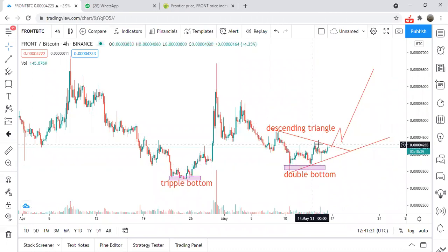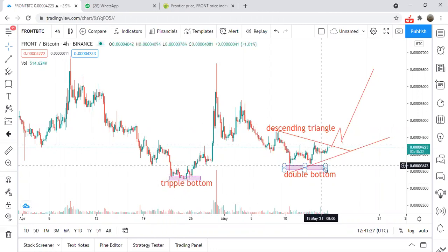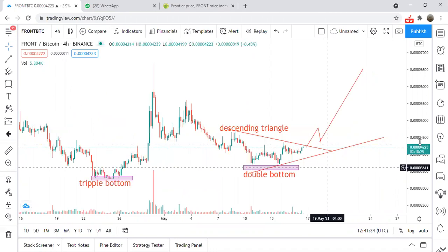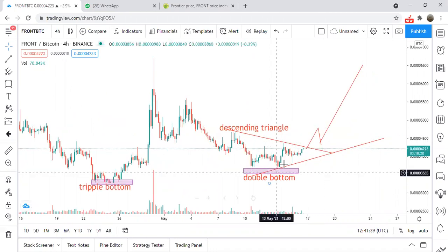The market did a descending triangle, trying to repeat the pattern we have here, this triple bottom. So we are going to repeat the same thing here. In the next 2, 3, 4 weeks, this should play out. It can play out very fast. It might even happen tomorrow, but I'm giving it at least a month to play out this structure and give